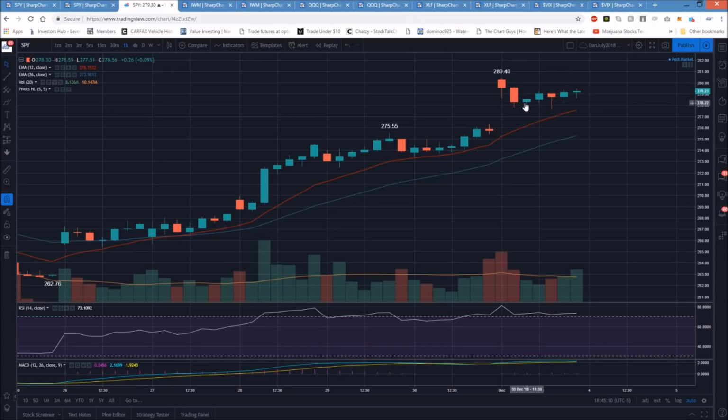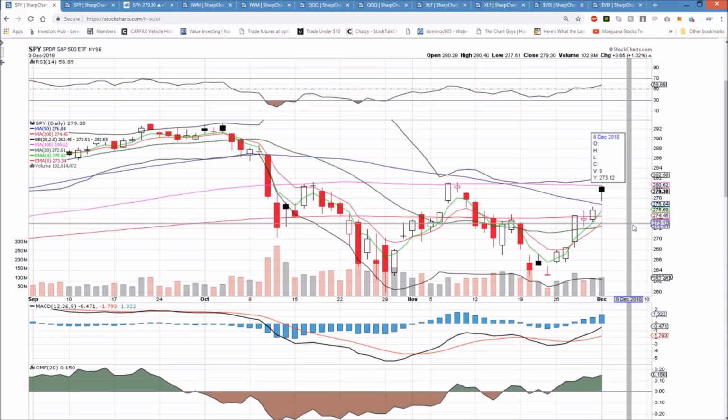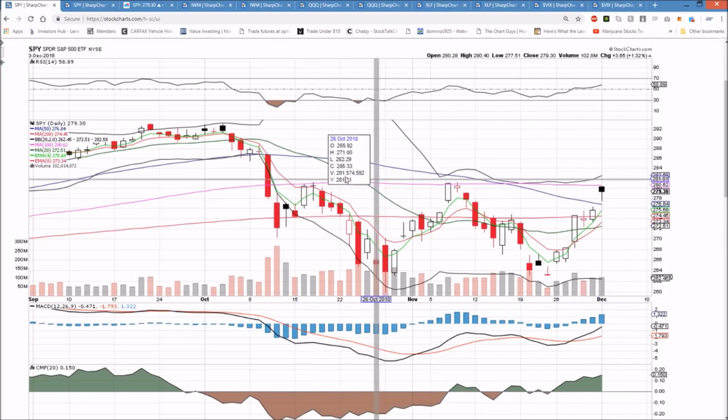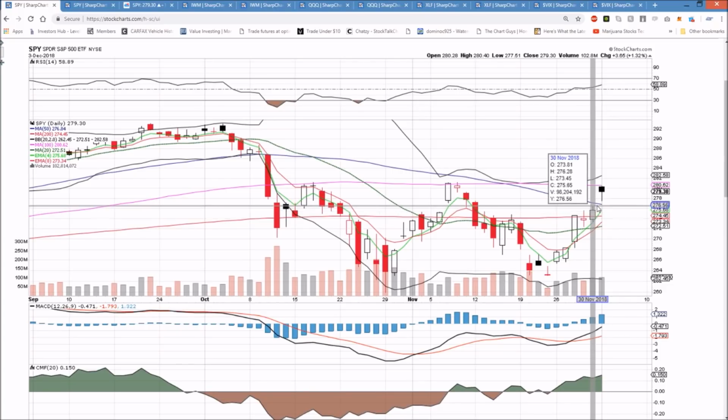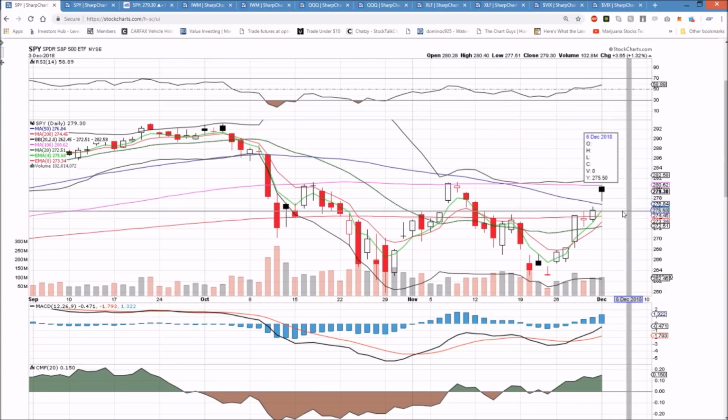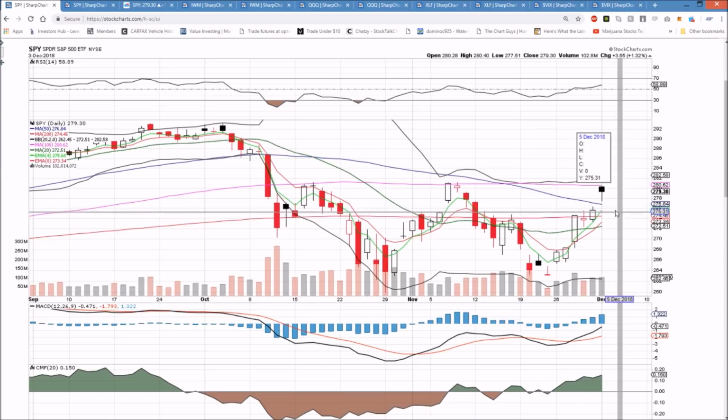So 277.51 and 277.65 are the most important support levels for me. If we lose the hourly uptrend by breaking those levels, we're then going to be looking for daily consolidation. We'll have a clear triple top essentially. If that does happen, we'll look to pull back. There's a gap at 276.28, and we will look for a healthy daily higher low to form on any further